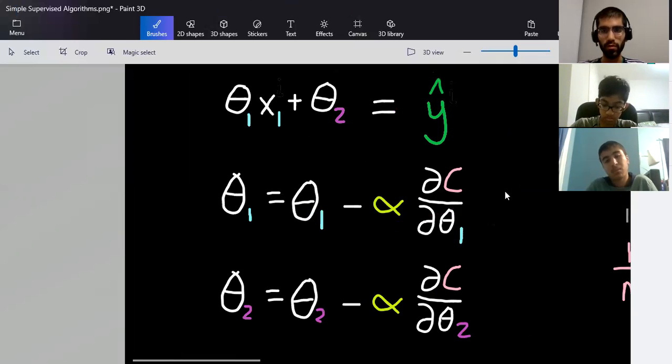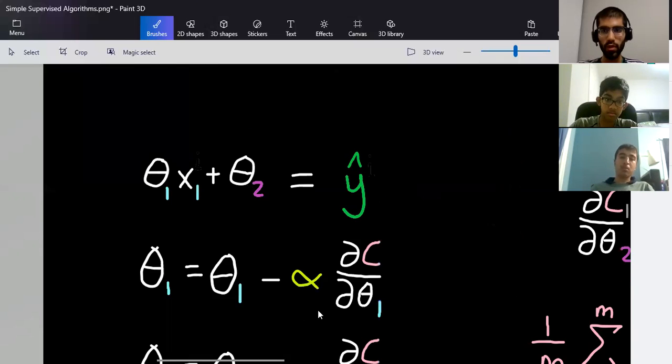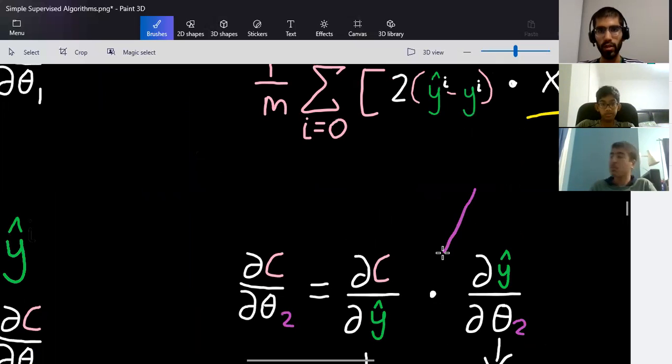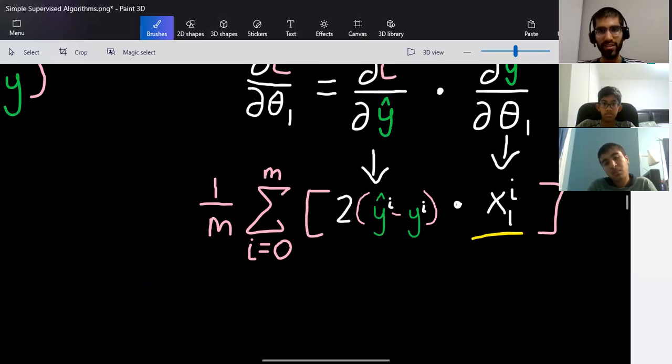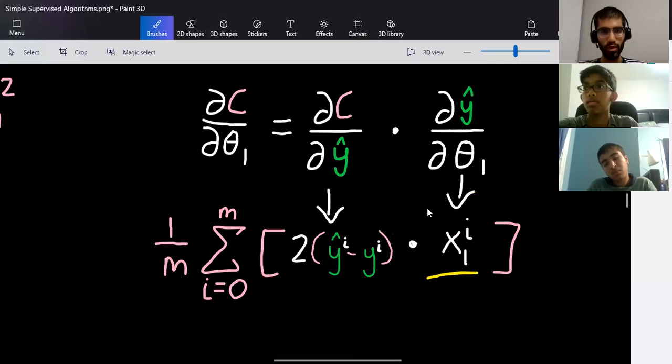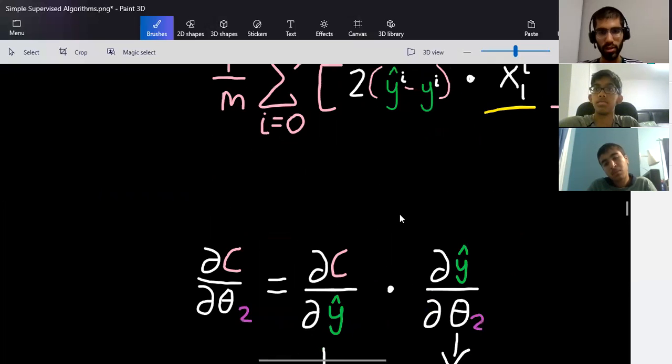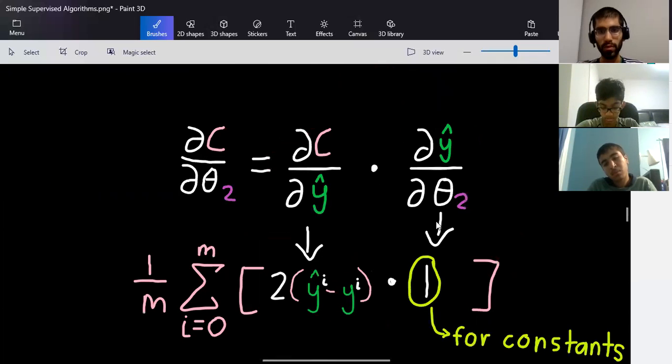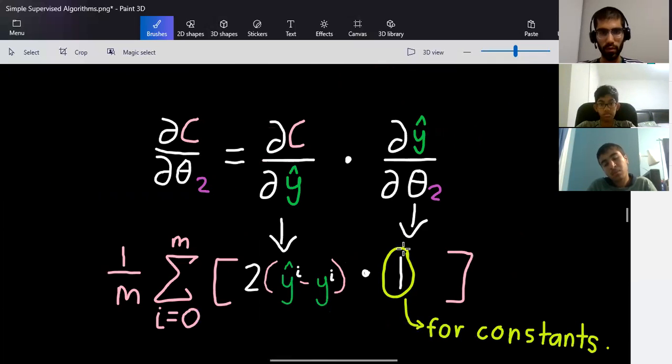So when we take the chain rule, it's still the same chain rule as ever, same thing as up there somewhere. Same thing as up here with the y hats canceling out the predictions. But the only difference is this term is now different, because this term is now no longer being multiplied by